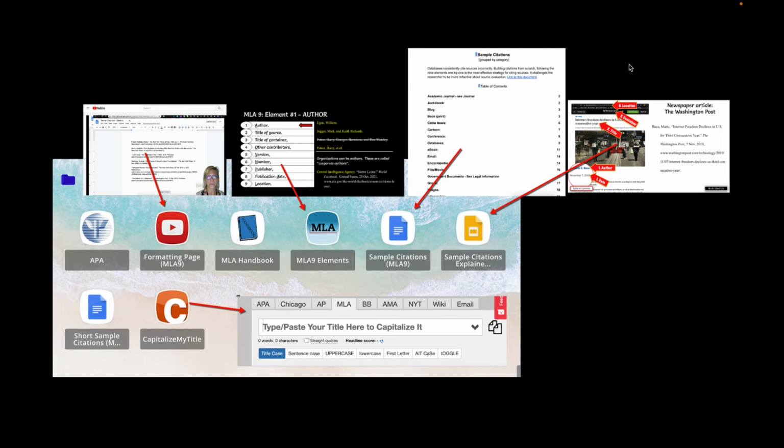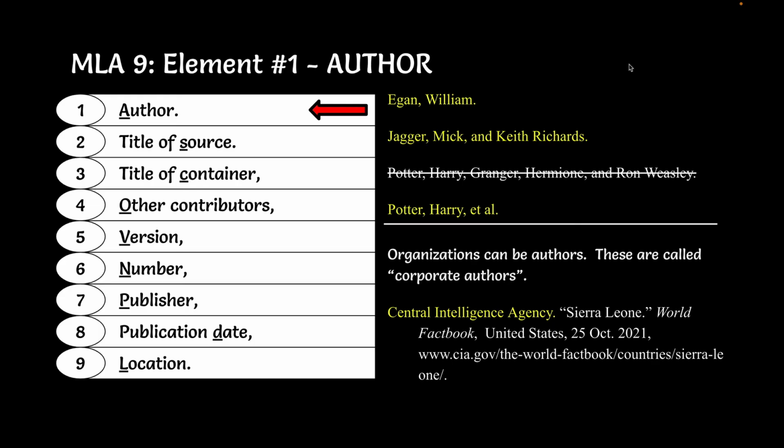Oh, and at the bottom, capitalize my title. Personally, I'm terrible at capitalizing titles because you're supposed to capitalize the first letter of every word except, and then the except list is pretty long and I mess it up all the time. So I just copy my title, drop it into capitalize my title under the MLA tab, and they fix it for me. Then I highlight the whole thing again, copy and paste it back into my document. And then it's done, and it's done right. And they don't make any mistakes, period. No mistakes. Good algorithm. Love that.